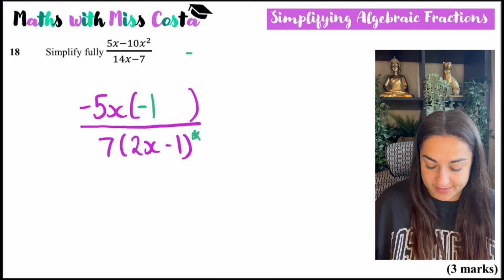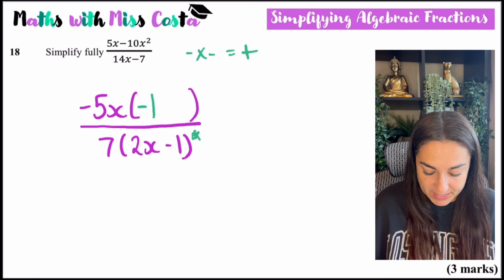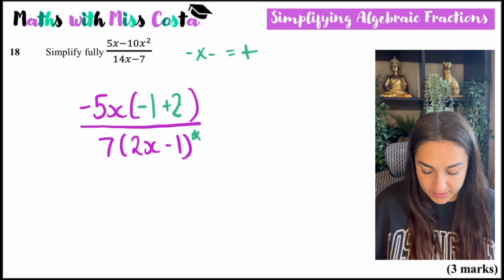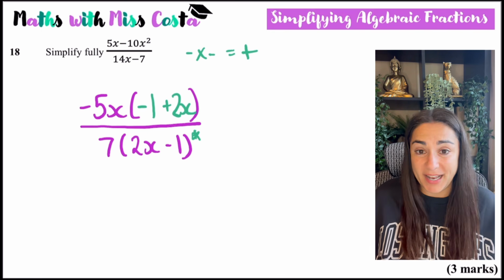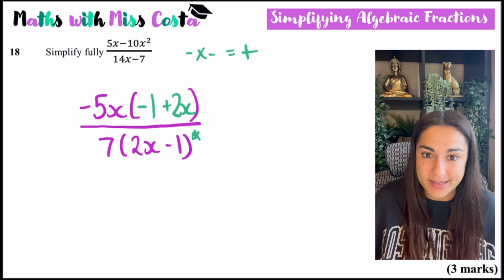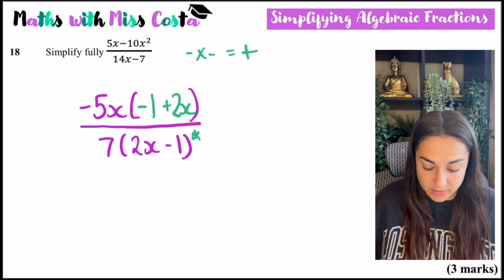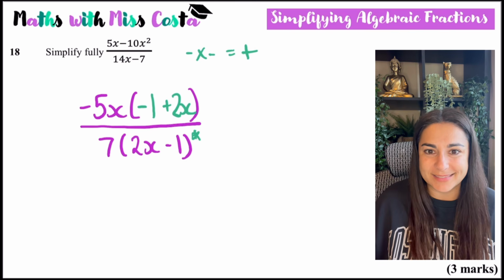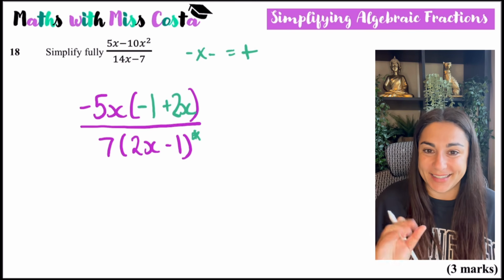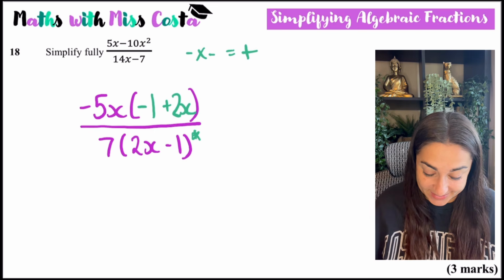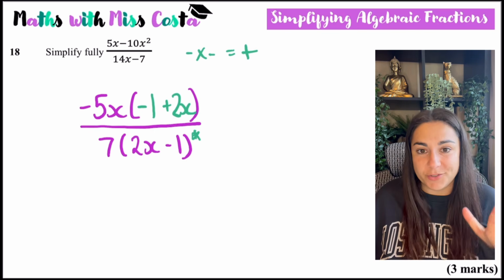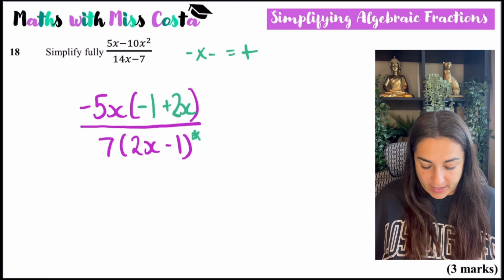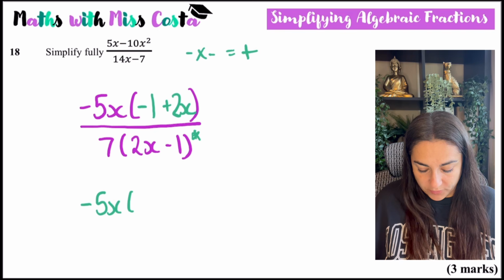And then what happens is you've got -1, because a negative times a negative gives you a positive. And then here you would have +2x. So we're just playing around a little bit with it so that the 2 brackets can match up. If this doesn't make sense, don't worry. It is quite tricky, but now hopefully you can see that you've got the top bracket that is the